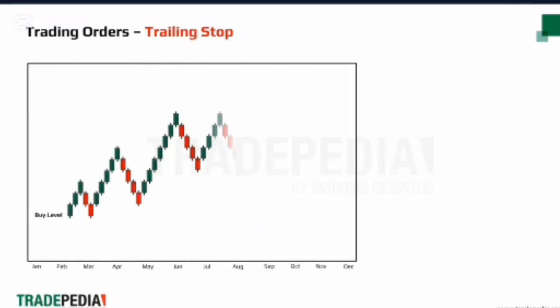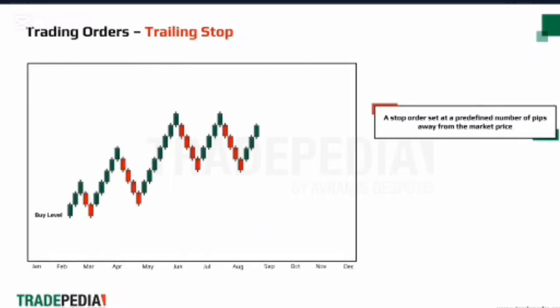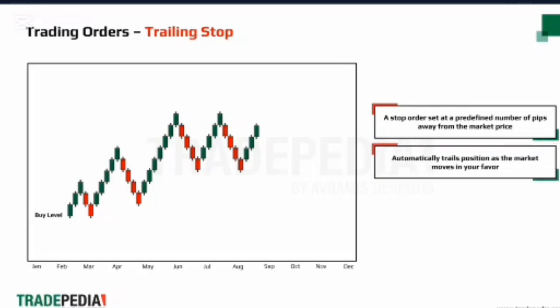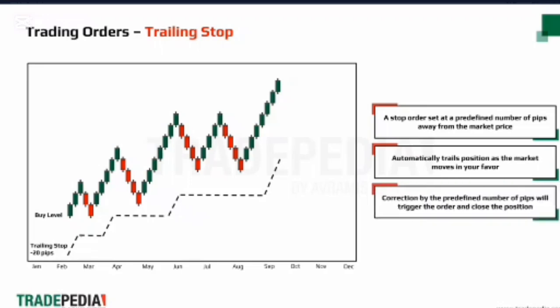A trailing stop is a stop order that is set based on a predefined number of pips away from the current market price. A trailing stop will automatically trail your stop loss as the market moves in your favor, and maintain its level when the market corrects in the opposite direction to protect your profits. If the market moves against you by the predefined number of pips, then a market order is triggered, and the stop order is executed, closing the open position. In our next